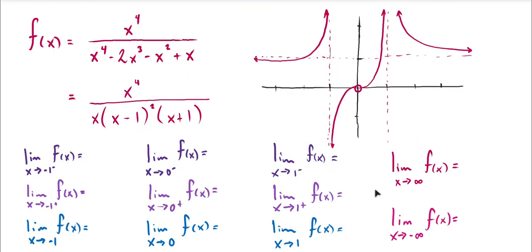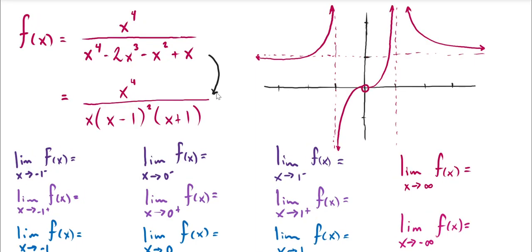So to the right, we have a graph of a rational function, and I gave its definition over here to the left. Here you can see that I have both the unfactored version and the factored version of the denominator. I'd like to just point out that at some point in time, I would like you to be able to make the transition between the unfactored and factored form using some of your tricks that you may have learned in your